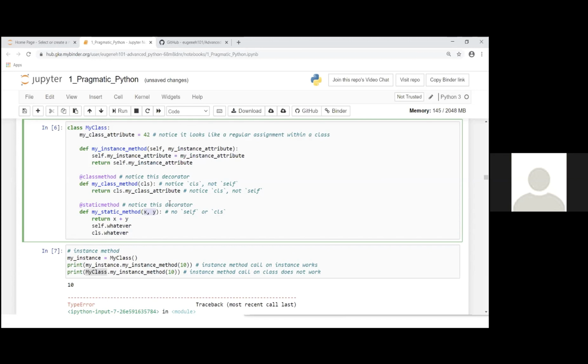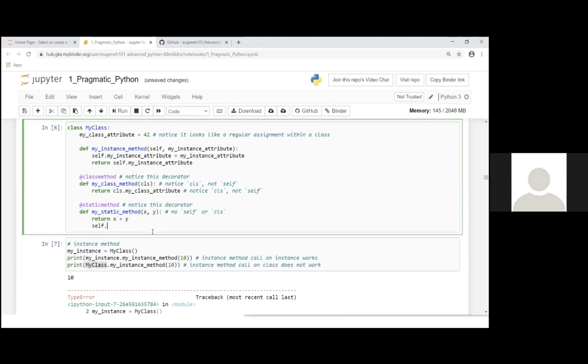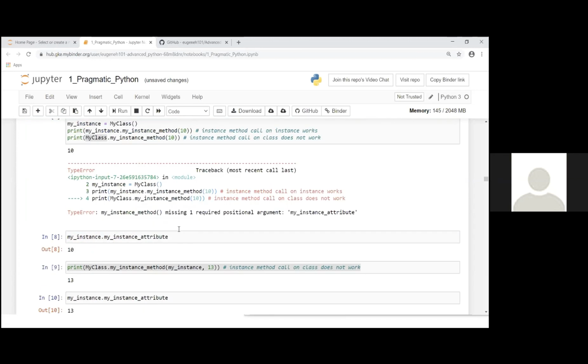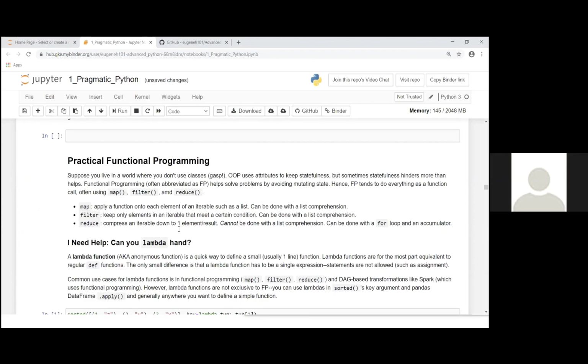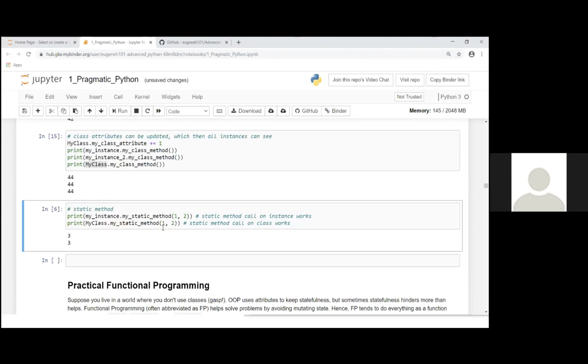It has no self and no cls. A static method is just a regular function, and in this case it was just the adder, so I just add 1 and 2. Notice that I can call that method from both my instance and my class.